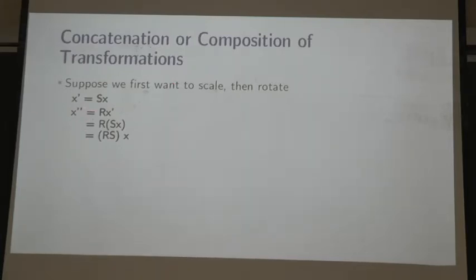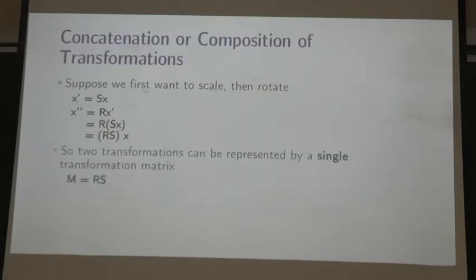But of course, by algebraic manipulation, I can substitute x instead of x prime. I can substitute Sx, because x prime is nothing but Sx, and matrix multiplication is associative. So I can put the parenthesis any way I like. So I can call it RS as one. R is a 3 by 3 matrix, S is a 3 by 3 matrix, so RS is another 3 by 3 matrix. Okay? So that's what you were asking. It's a single matrix, but it will do a combination of scaling and rotation altogether. A single 3 by 3 matrix will do that.